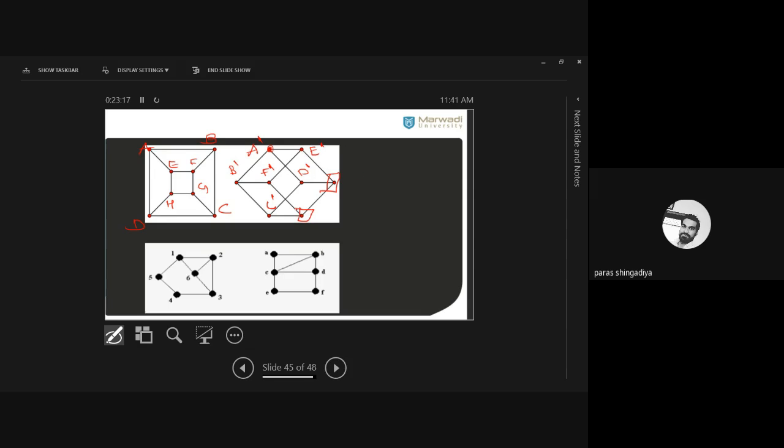Clear? So which vertex will be the place of H? Okay. Here you can see that C is adjacent with G. Okay. C जो है G के साथ adjacent है. So we consider C dash is this place. So it will be the place of G dash and it will be the place of H dash. Okay. That is the isomorphic graph. There is a one-to-one correspondence between all the vertices. Clear?